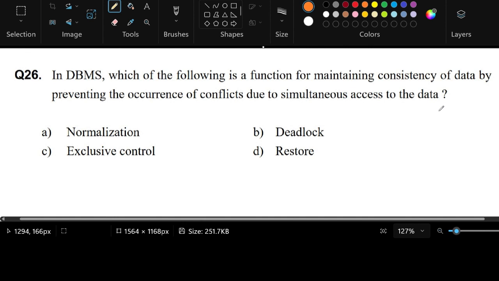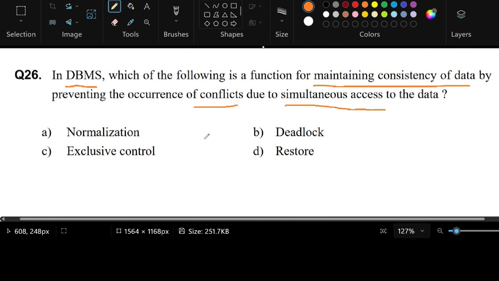So first, we underline some of the key phrases. Database. We have something about database. We have something about maintaining consistency of data and preventing occurrences of conflicts, simultaneous access. Okay, so what is the word for that? If we look at the choices,